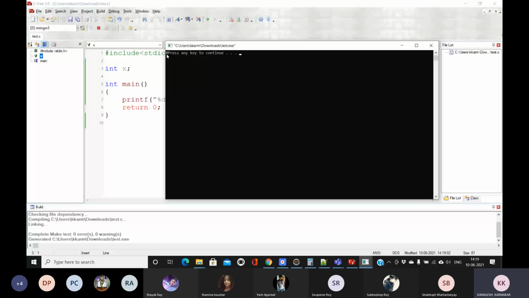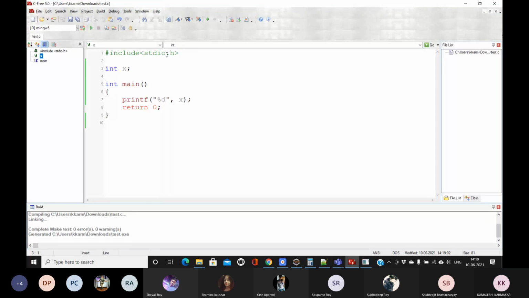So if we have any global variable, it is being initialized by 0. If I have a global integer variable, it is being initialized by 0, even if we have not initialized it. But if I declare this variable as a local variable, then it will be a garbage value.